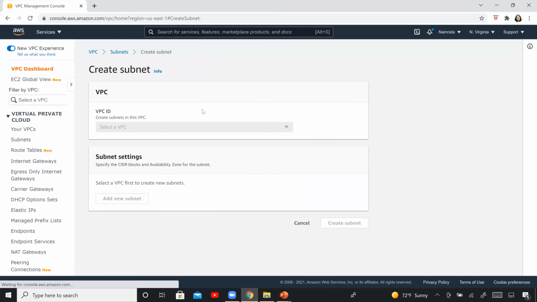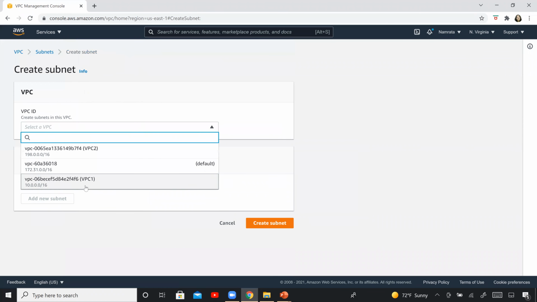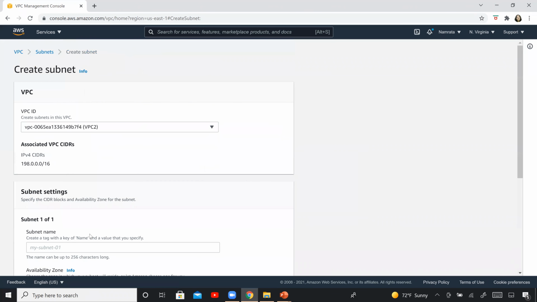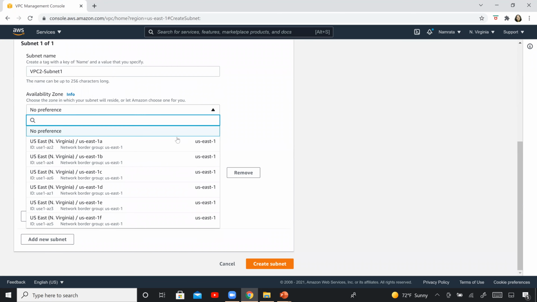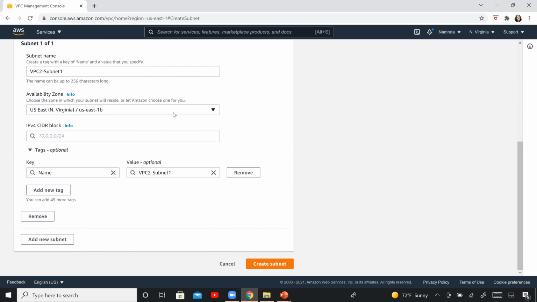We are going to create a second subnet now. So that is going to be in VPC2. And our name is going to be VPC2 subnet 1, right? And I'm going to use availability zone as US East 1B.